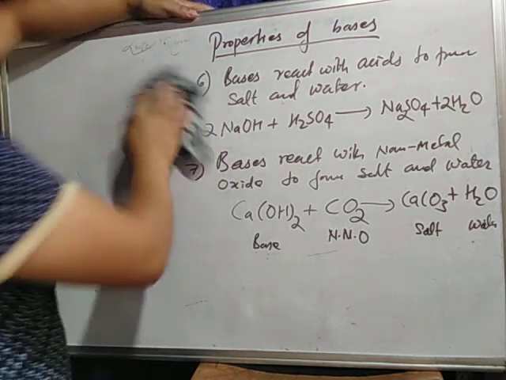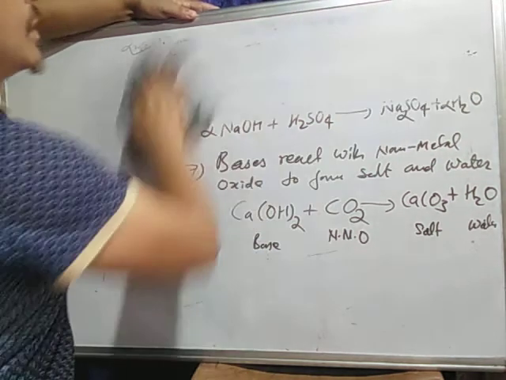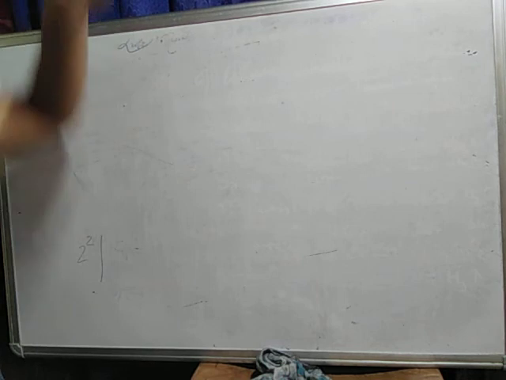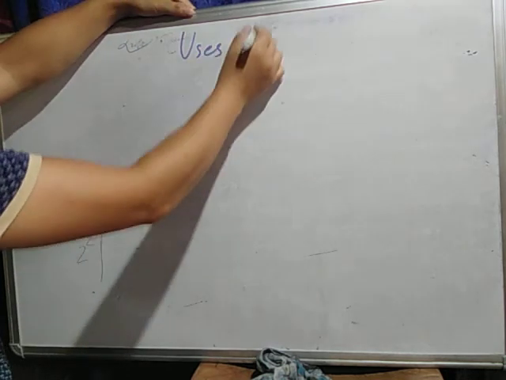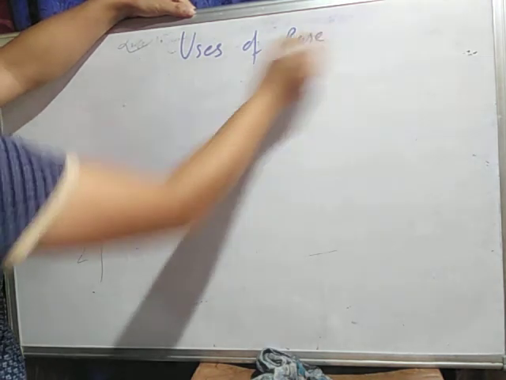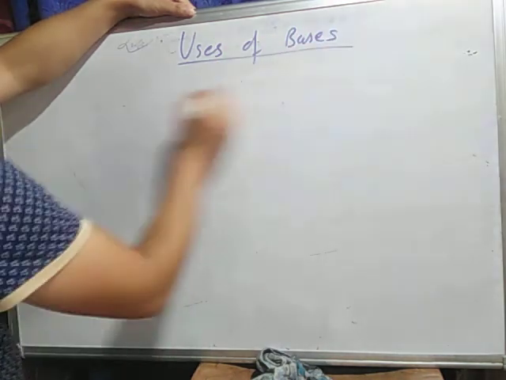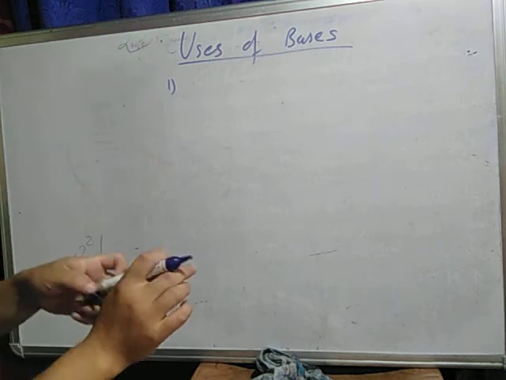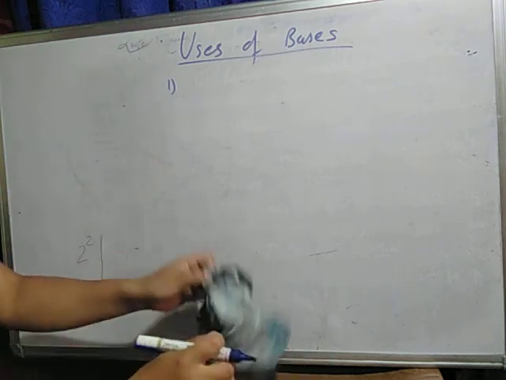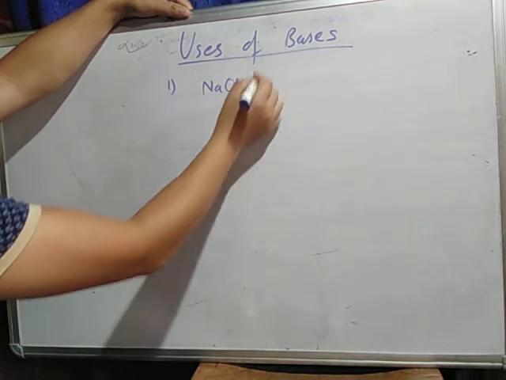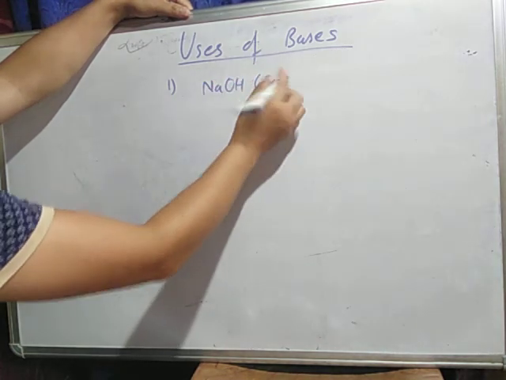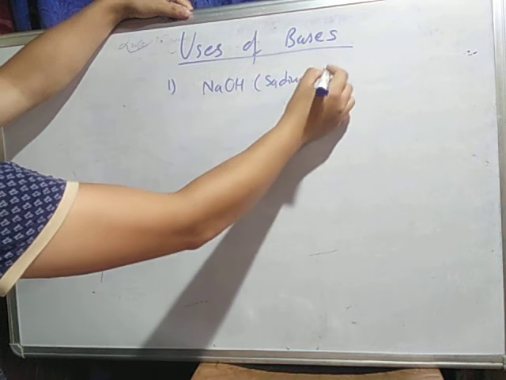So next we have use of bases. Now write down uses of bases. So first use, let us see, sodium hydroxide. Okay, sodium हाइड्रोक्साइड यसको नाम के हो SODIUM सोडियम हाइड्रोक्साइड